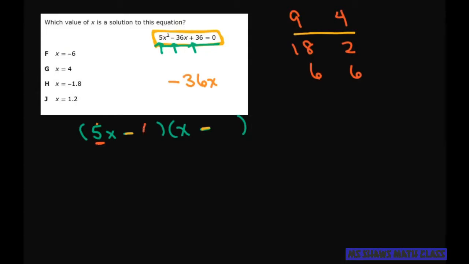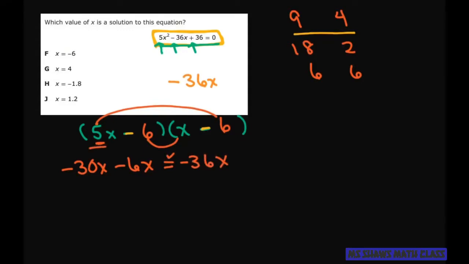So if we try the 6 and the 6, we're going to get negative 30x. And then the inner is going to be minus 6x. And that's a check, it gives us negative 36x. So this is a correct factorization. Now set each piece to 0,